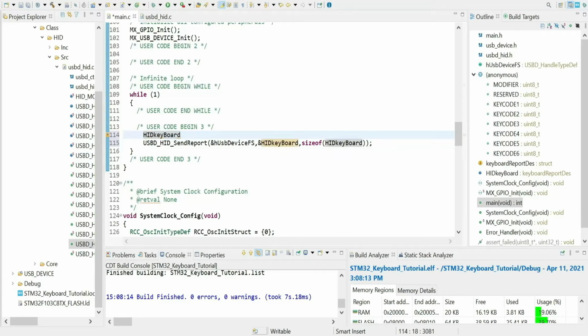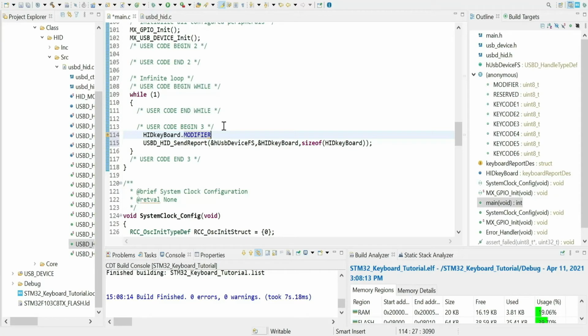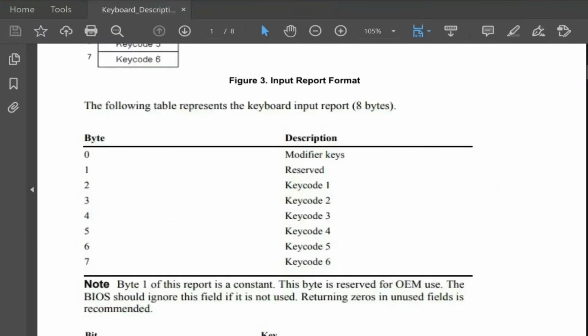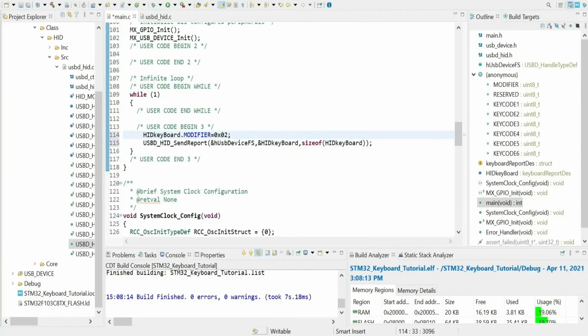Now we have to set modifier as 02. The question arises why? Because the modifier is made up of 8 bits with different controls such as shift key, control key, alt for both left and right. We are pressing left shift key by setting it as 02.